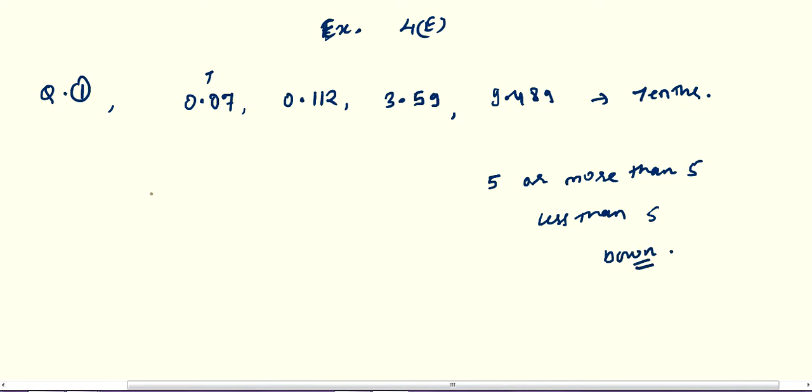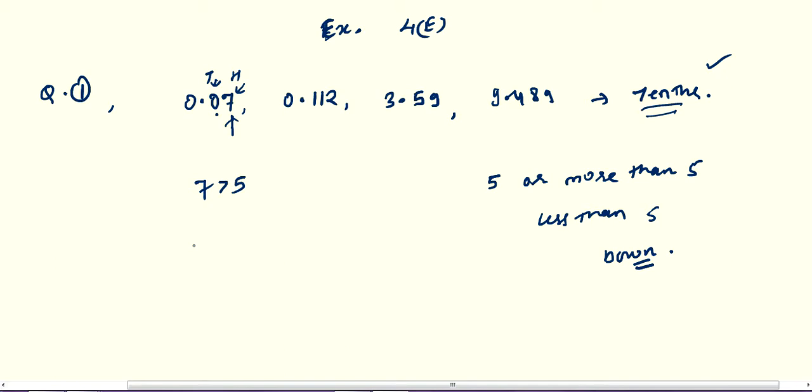So the first question is 0.07, and we have to round this off to the nearest tenth. After the decimal, as I told you, the first place is tenth, then hundredth, and now we are rounding off to the nearest tenth. So we have to pick the digit next to the tenth. In this 0.07, 0 is at tenth, 7 is at hundredth. So we will pick the hundredth. We have 7 at the hundredth position and 7 is greater than 5. So this is the case of rounding up.